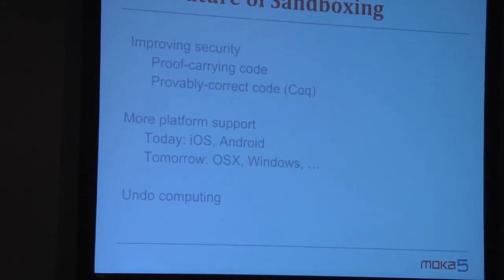And then beyond sandboxing, there are a lot of limitations of sandboxing. The next generation stuff is something called undo computing, where you keep track of the provenance of everything that happened, and then you're allowed to roll back individual malicious actions without affecting the rest of the state. This is great for stuff like databases, where sandboxing is not going to help you, and you need more fine-grained control of these things. This is still in the research world right now, but there are going to be actual products doing these things in the next few years.